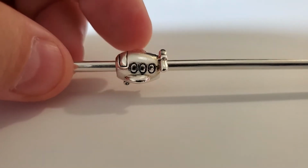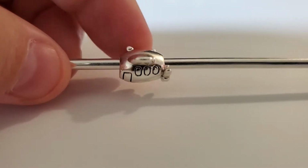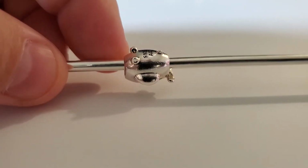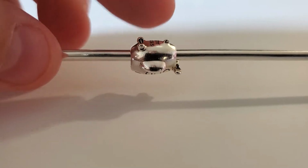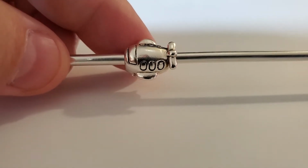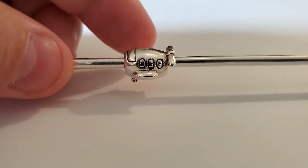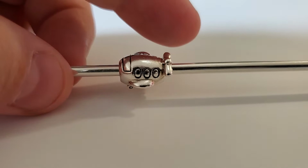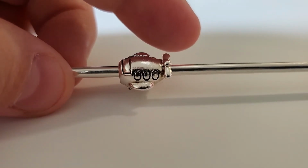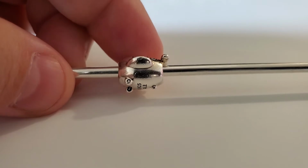Now this charm is really cool, but it is top heavy. So what tends to happen when you put it on a bracelet is that it flips upside down. Now to stop this, again, you can use the silicone stoppers that are trimmed. And another thing that I wanted to mention is that since the back tail is sticking out,